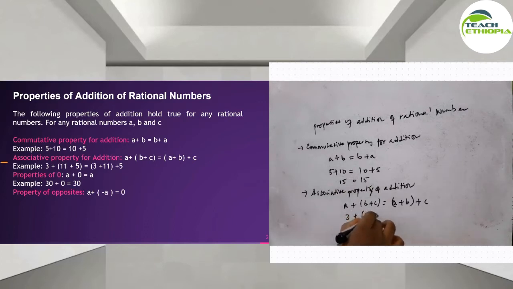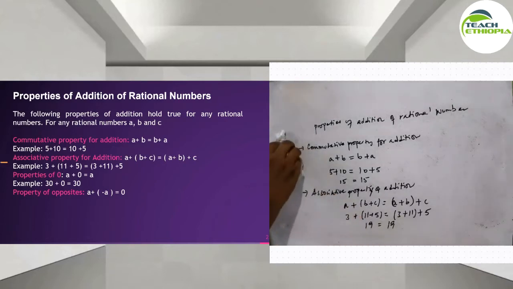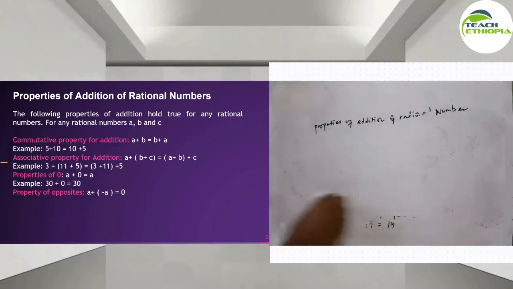11 plus 5 is equals to, this is 3 plus 11 plus 5. This is going to be 11 plus 5 is going to be 16. 16 plus 3 is going to be 19, right? Similarly 3 plus 11 is going to be 14. 14 plus 5 is going to be 19. So the associative property of addition ሆልድ ያደርጋል ማለት ነው።